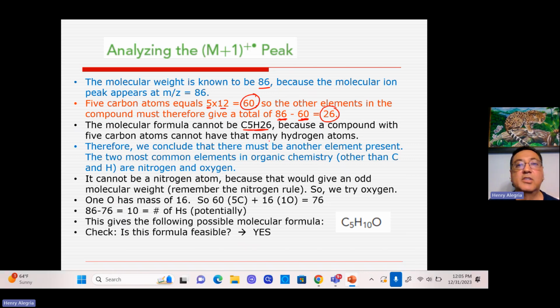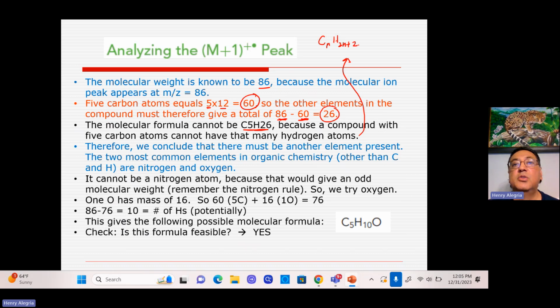So the question becomes, could the formula simply be C5H26? And the answer is no, because if a molecule has 5 carbons, it cannot have 26 hydrogens. How do we know that? I'll remind you. The class of molecules that is said to be fully saturated, remember from your Orgo 1, which means that it contains its full complement of hydrogens, be your alkanes. And alkanes have the formula